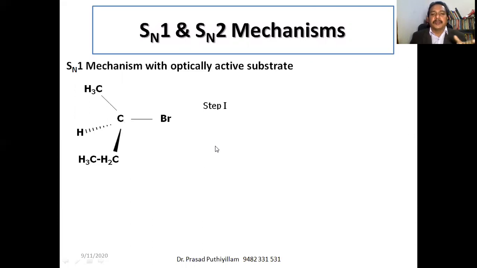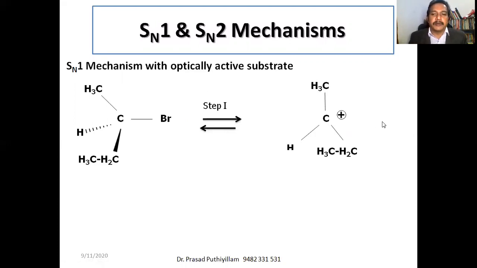Okay, so in step one, we can say that it becomes the corresponding carbocation. Bromine will go out, and the tetrahedral shape will become a planar shape here. A triangular planar shape is formed with a positive charge carbon and Br minus. Now that carbon with the positive charge, that is the carbocation,